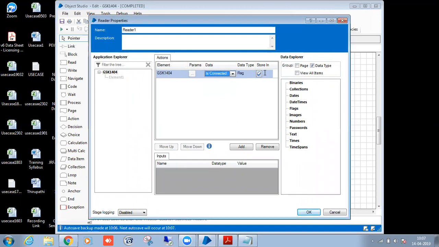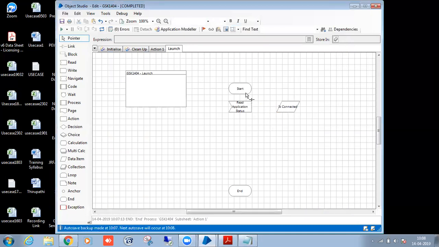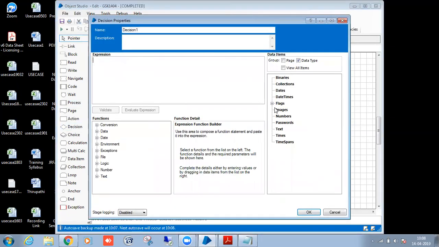We should check whether it's connected or not.